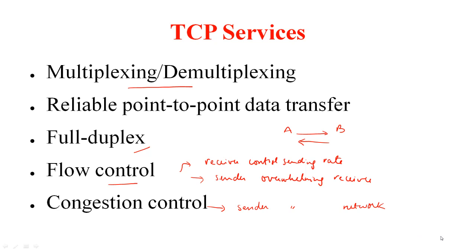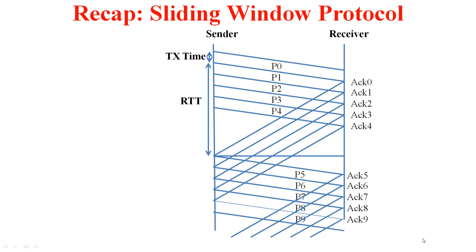So at the heart of TCP is the sliding window protocol that we have seen earlier. The majority of these services are provided in this context. Remember what the sliding window protocol is? So this picture should help. We have a window of packets that the sender sends. So this is the window of packets. In response to this, the receiver is going to acknowledge the packets, and in response to these acknowledgements, you are going to clock out more packets.